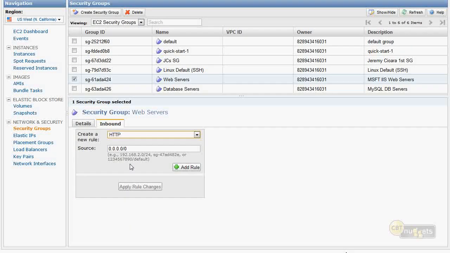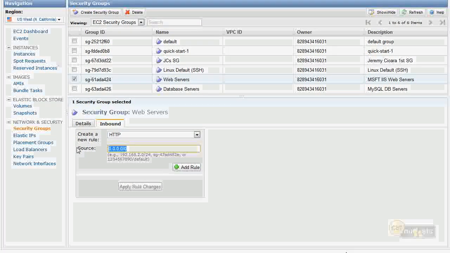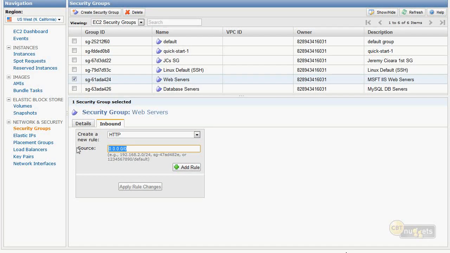So let's say HTTP. Now it's saying, okay, what is the source? This is where you get into a little IP addressing. 0.0.0.0/0 means anyone. That's like the least specific subnet mask IP address combination you can have. That matches everybody in the world. If I wanted, maybe there was a certain office I wanted to be able to access this. I could say, well, that office is on CenturyLink, and CenturyLink uses the IP addresses